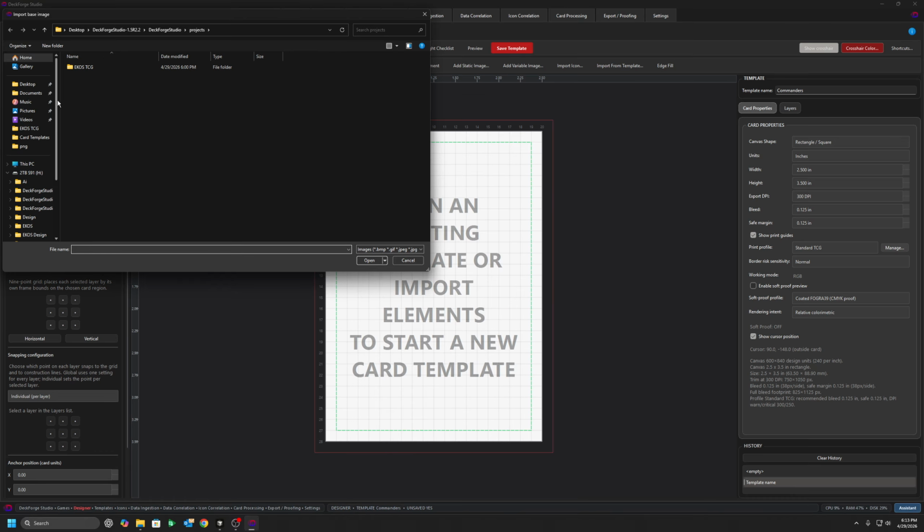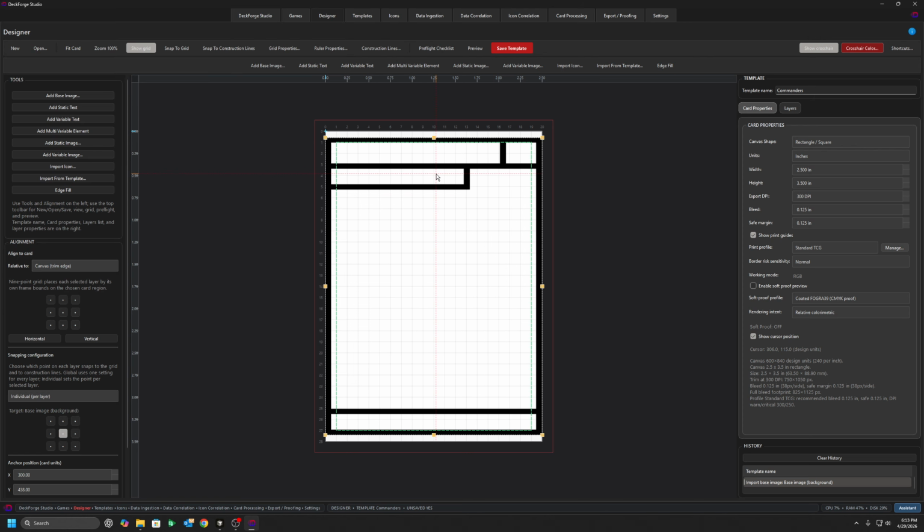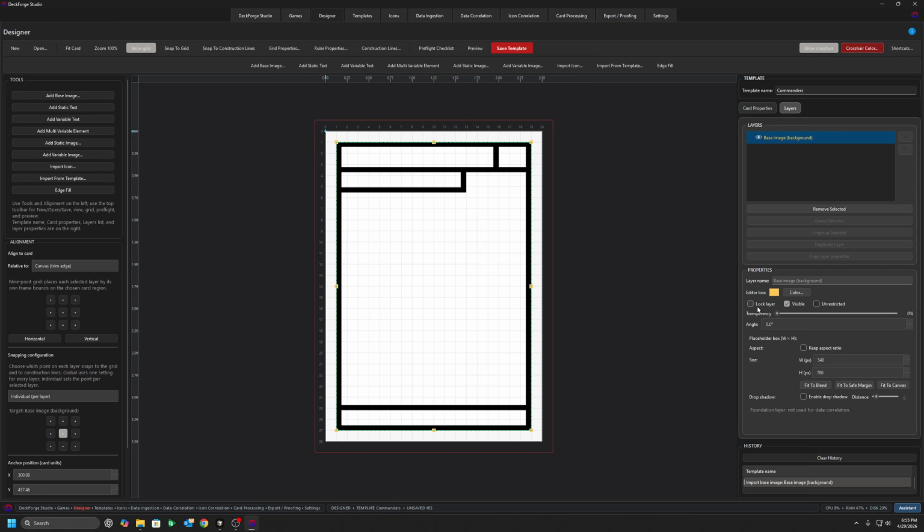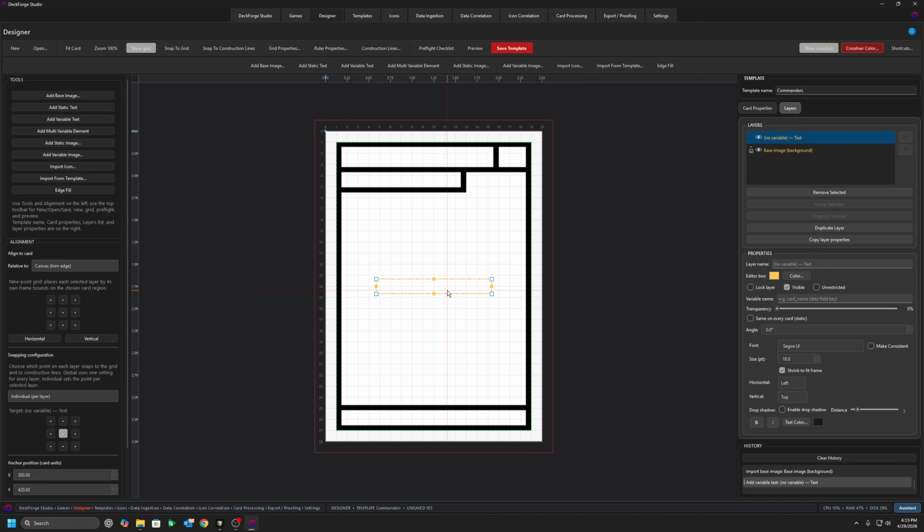All right, so let's add in that base image. I'll select that image. I'm going to come over to the layers button, and I'm going to fit this to the safe margin. Now that I'm in place, I'm going to lock that. And now I'm going to add some variable text. This is going to be where I want the commander's name. I'll drag that